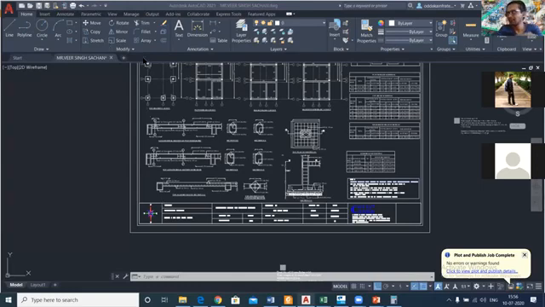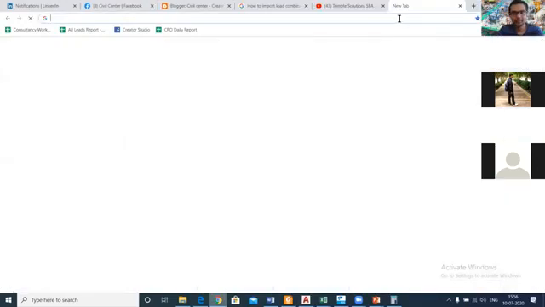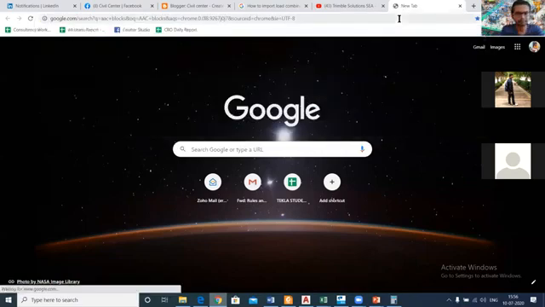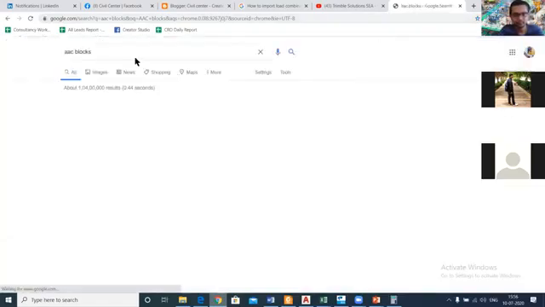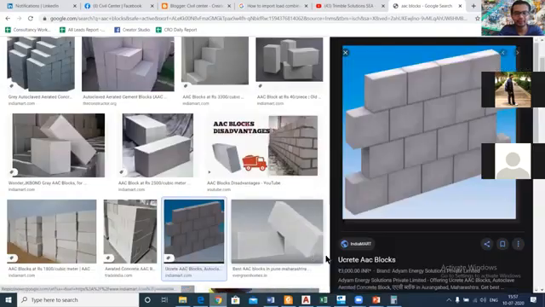Okay, so basically the double AC block is a type of masonry material which is an advanced form of, I can just show you images, I just searched it and will show you. So these are the double AC blocks. It has some advantages, like it is lightweight, the mortar used here is less, and it also keeps the room cool.